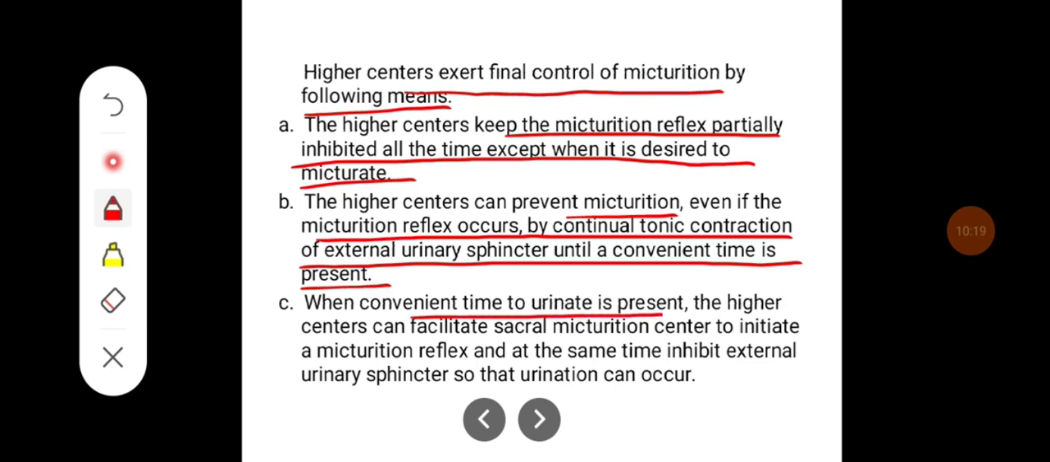When a convenient time to urinate is present, the higher centers can facilitate the sacral micturition center to initiate the micturition reflex and at the same time inhibit the external urinary sphincter so that urine